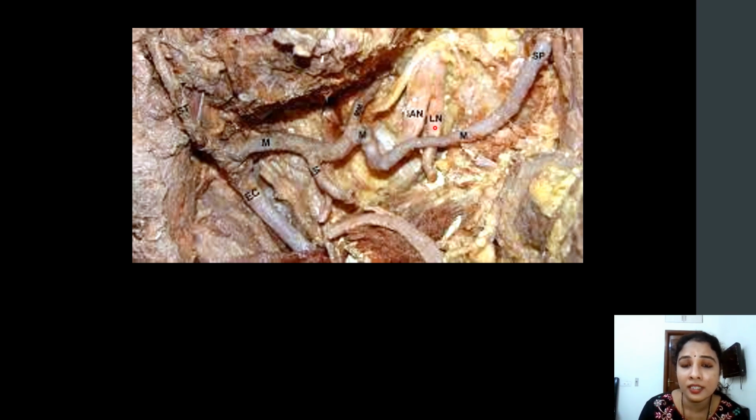So here is the lingual nerve and inferior alveolar nerves which are arising from the trunk of the mandibular, and we can see the maxillary artery running, and it is a branch of external carotid. So it is a terminal branch of external carotid. So external carotid, after giving rise to maxillary, continues as superficial temporal artery. So this is the superficial temporal, here is the maxillary artery, which are the terminal branches of external carotid artery.